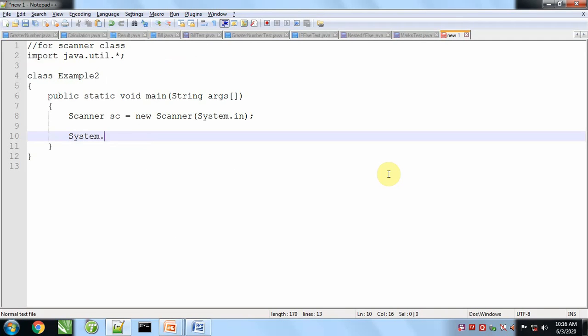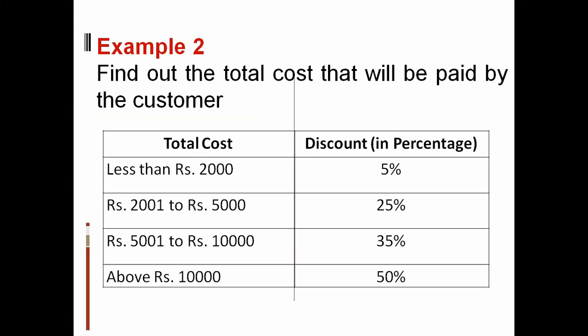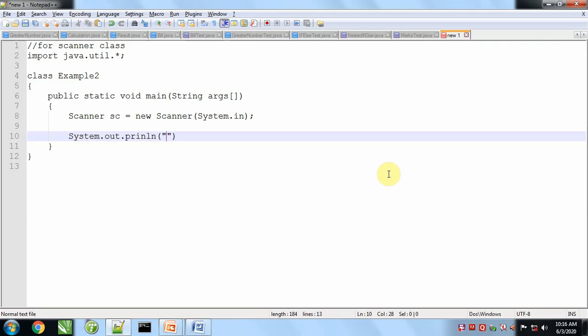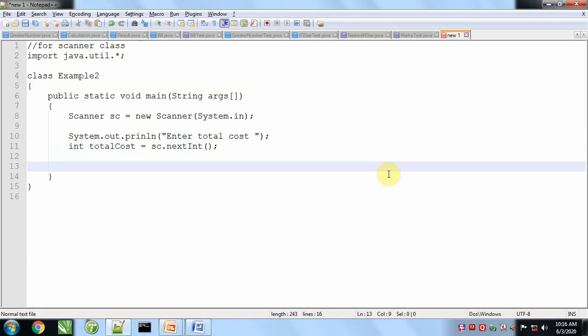So we'll ask the user to enter the total cost of purchase, enter total cost. Total cost is a variable I am taking, and in it we will read the total cost value.